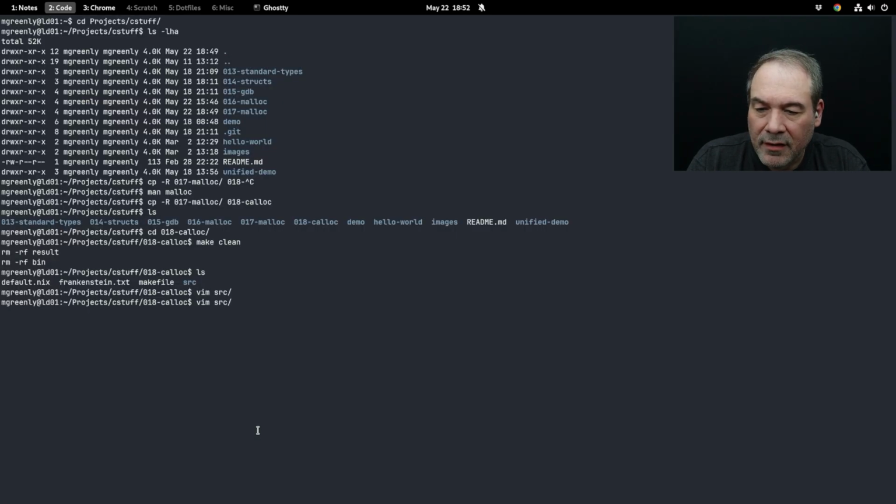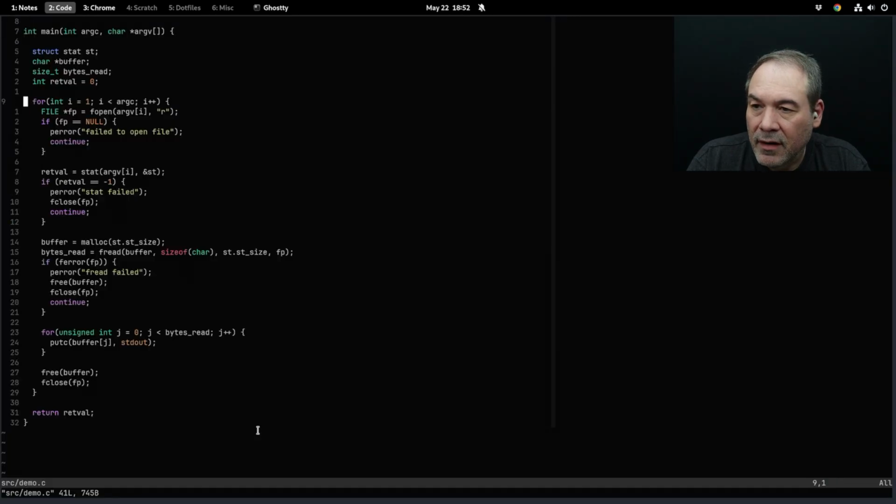if I look in here, you can see what we're doing is we're iterating over all of the command line arguments. We're assuming they're file names. We try to open the file name. If we successfully open it, we allocate a buffer matching its size. We read the file into the buffer, and then we iterate over all of the bytes in the file, outputting them, and then eventually we free, close the file and